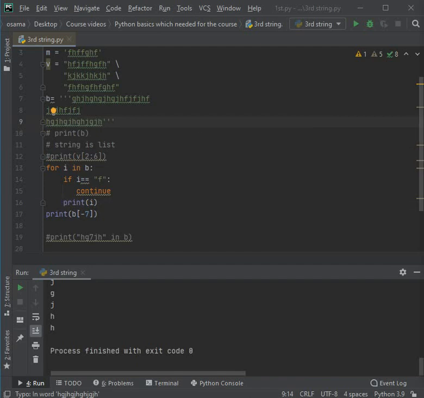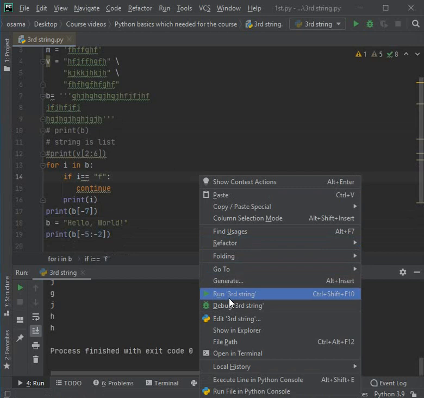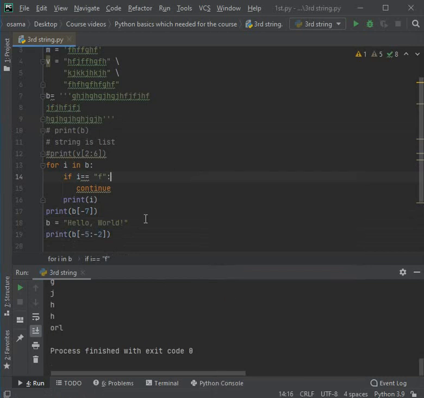Let's also do this slicing. You will get the letters from -5 to -2 index. Let's see. -2, which is the second, in what? In B. It must slice from -5 to -2. Let's see -5. Here